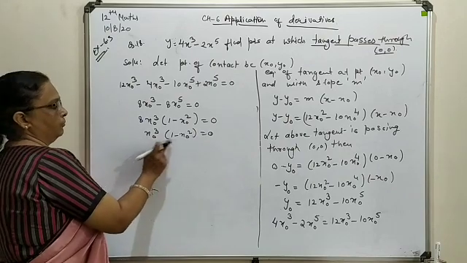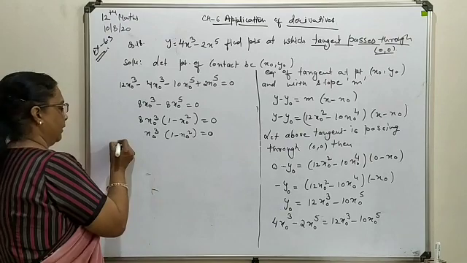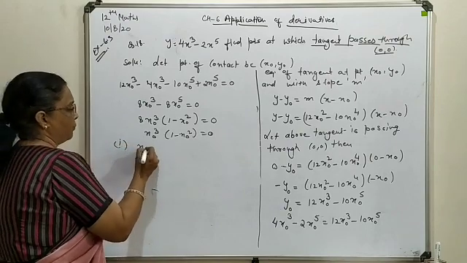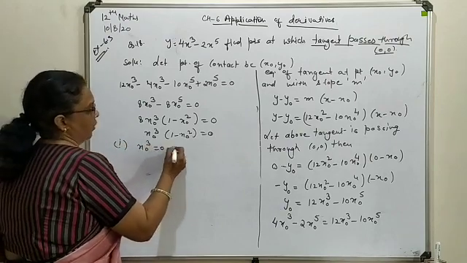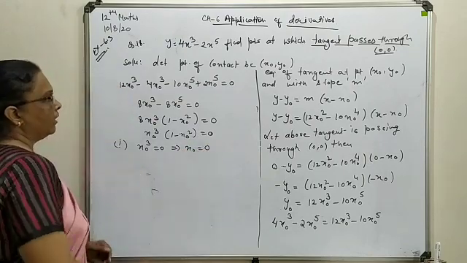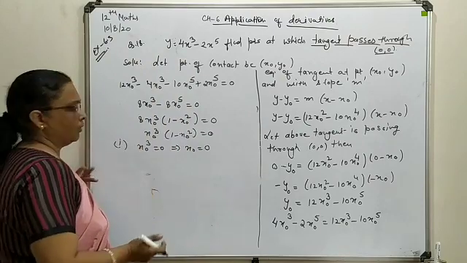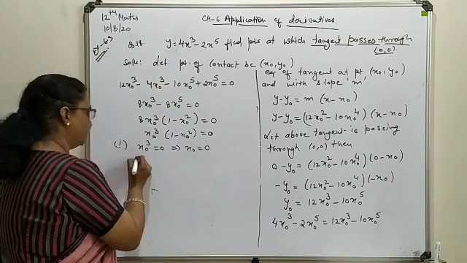Now two factors we are having, one by one we make them 0 and find out the solution regarding that. So the first case, x0 cube turn is 0, that means x0 will turn to 0. Now this x0 we will substitute in a given equation of curve, your y0 will be evaluated. So here